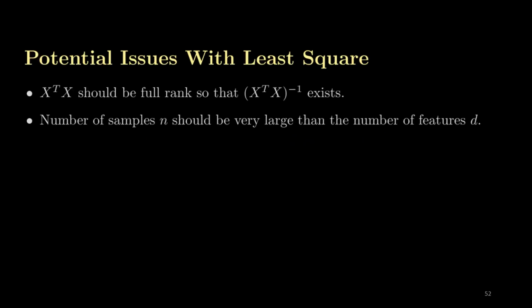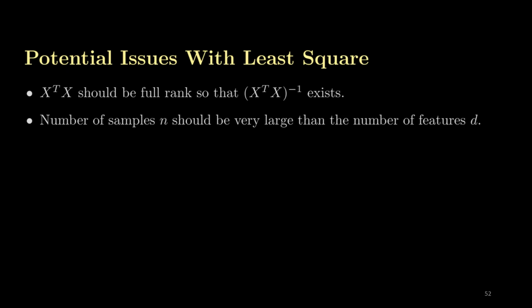There is a potential issue with the least square method: we have to calculate the inverse of a matrix. There is a matrix, X transpose multiplied by X, and we calculate the inverse of this matrix when we apply the least square method. Now there arises a situation in which inverse is not possible, that is, if X transpose X is not of full rank. Full rank means that the determinant of X transpose X should be non-zero and all the columns are independent. If this is not the case, then X transpose X will be a singular matrix and its inverse will not exist. In that case, we cannot apply the least square method to reduce the error and to find the optimal value